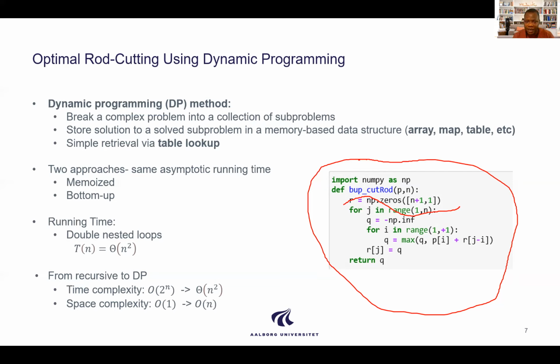So what you can see here is that for the recursive algorithm, we don't need this additional array that we have created here, right? So that means that the space complexity for the recursive algorithm is not dependent on the problem size. So we have a constant requirement for memory. But in the case of this bottom-up cut rod, we have order of n, right? But the time has been decreased from 2 to the power of n to n squared, which is a very